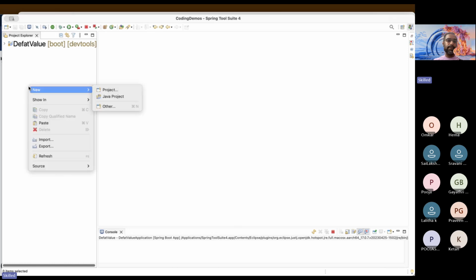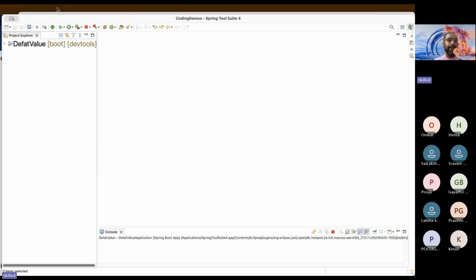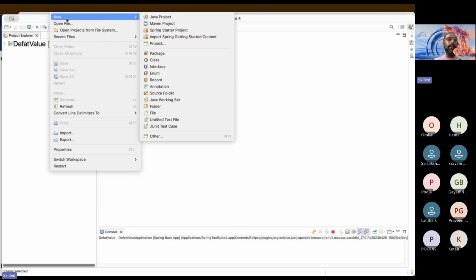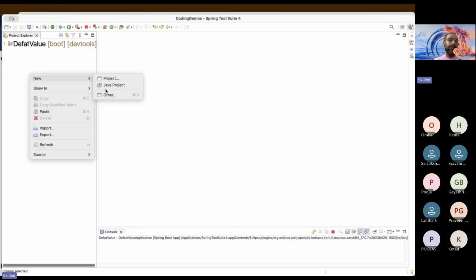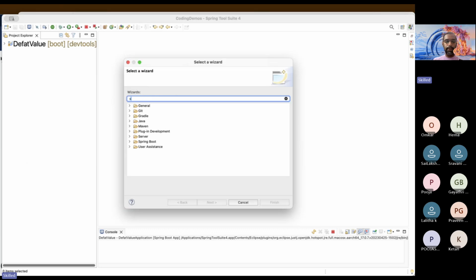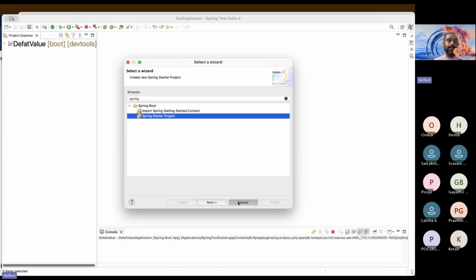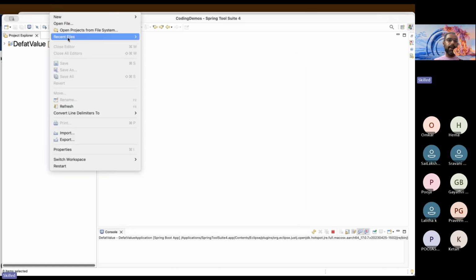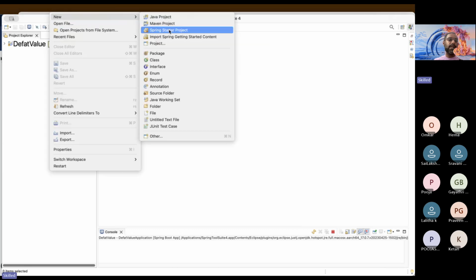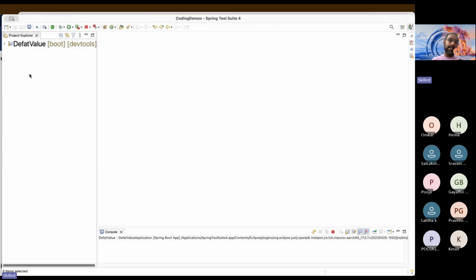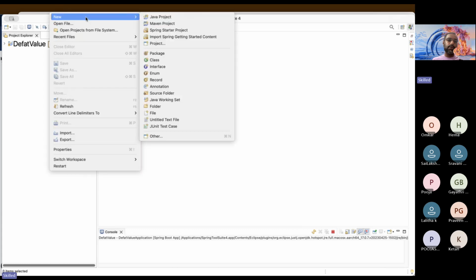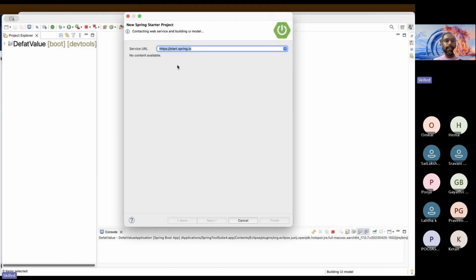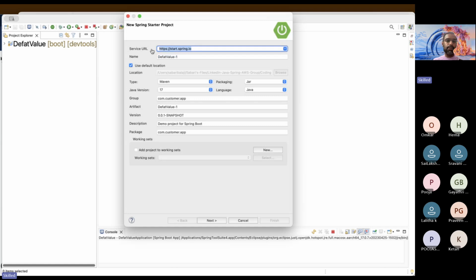From the IDE, you can right click, new, and you have the option to create a Java project, but you can also do it from the file menu, file, new. So right click on the Project Explorer, hit new, go for other and search for Spring Starter project, or else go to the file menu, where you will have the option to create a new Spring Boot Starter project. This is a much easier way. So just go to the file menu, new, and then click Spring Starter project. It again connects to the same website which we connected to just now,